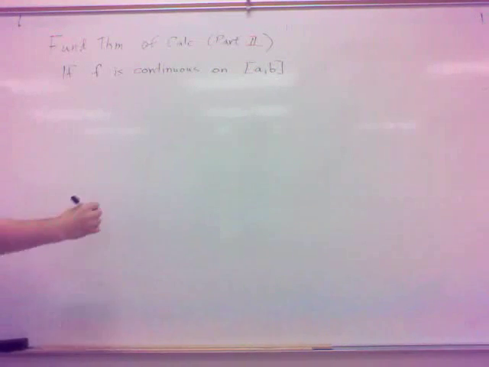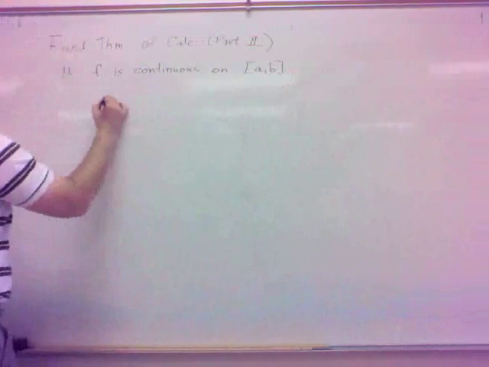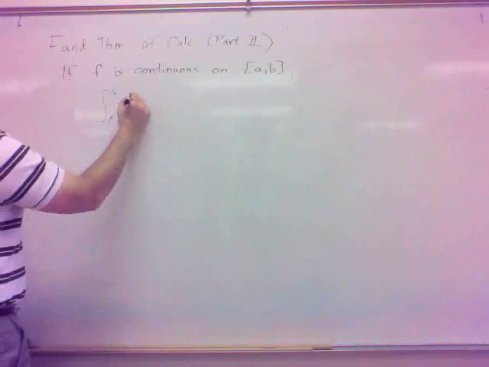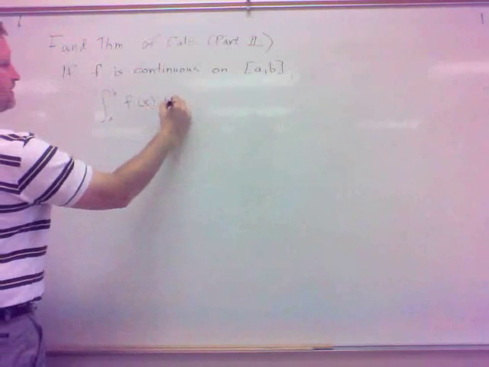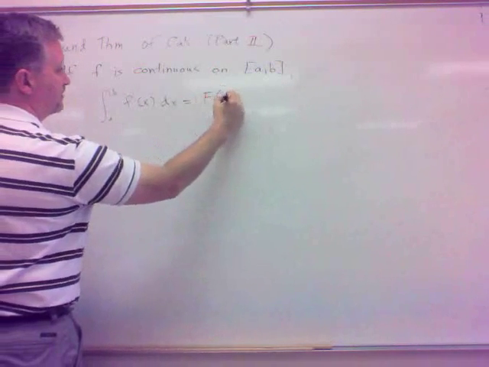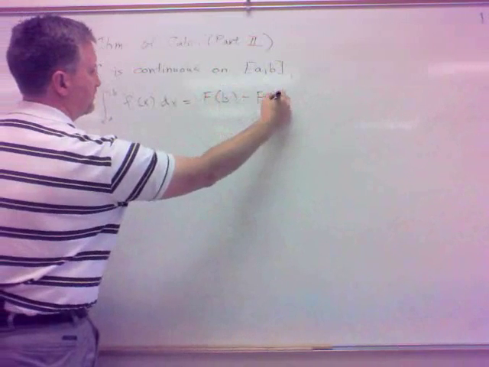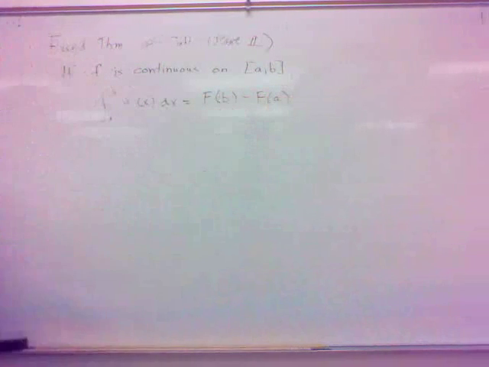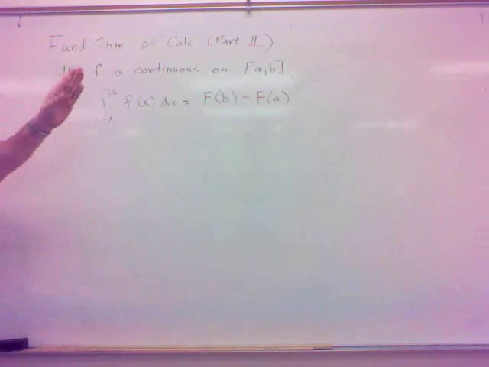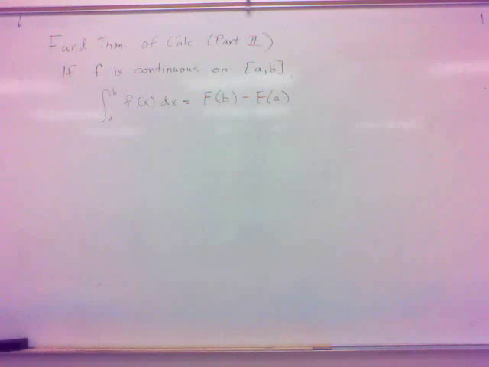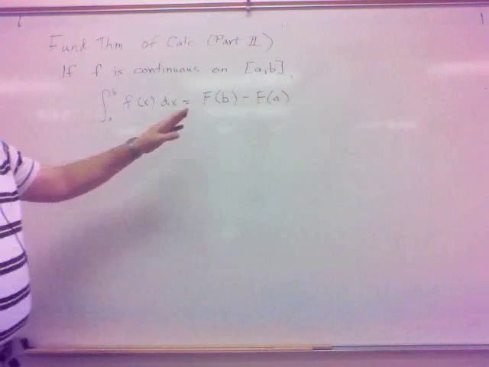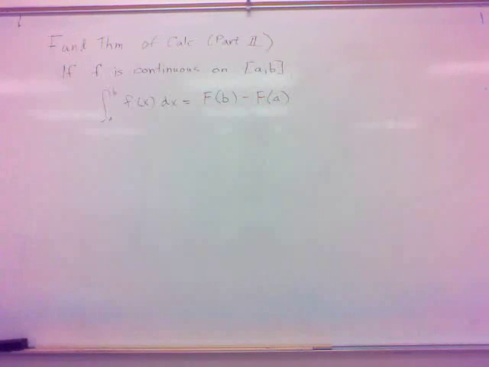then the integral from a to b, f of x dx, equals the antiderivative evaluated at b minus the antiderivative evaluated at a. Our nice little formula that links integrals, well, basically it links integrals to derivatives. I mean, it's antiderivative, but antiderivatives are highly related to derivatives. But anyway,